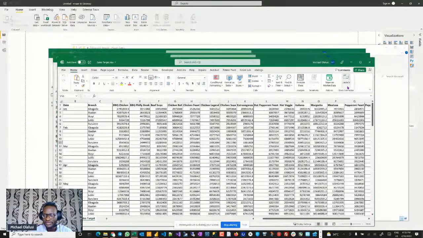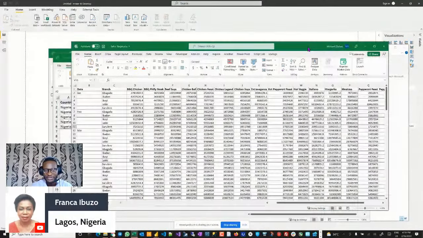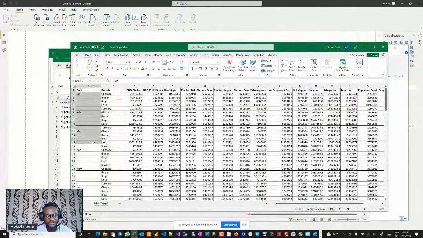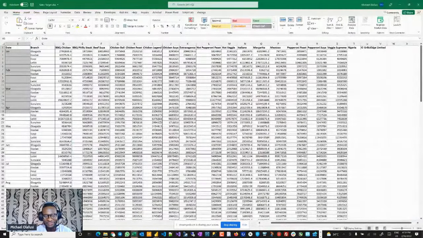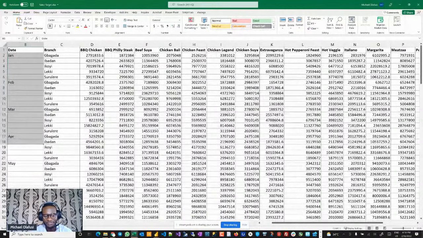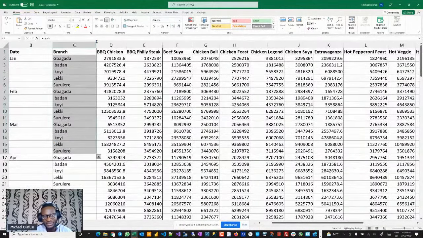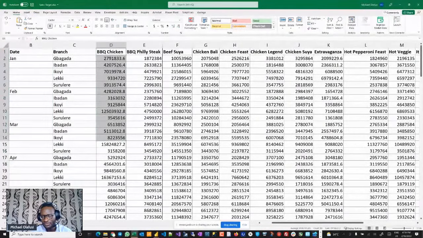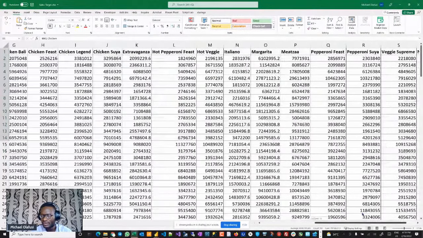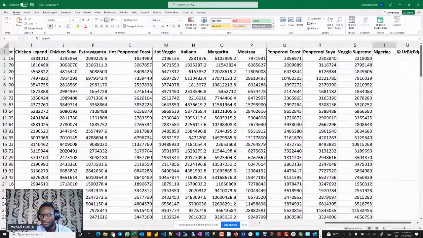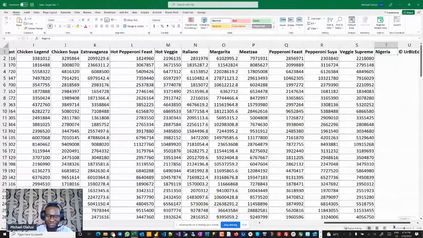So let me show you the files. This file here, the sales target, has the targets, okay? And I hope you see my screen clearly. I'm going to zoom so that it becomes a bit bigger. It has the targets by month, by branch, by the products, right? So that's what is in here. And then some other information. This is the country name. So this organization, obviously Microsoft Reactor, operates across the world. So this is their Nigeria operations, right?